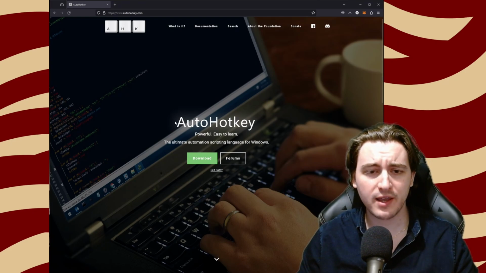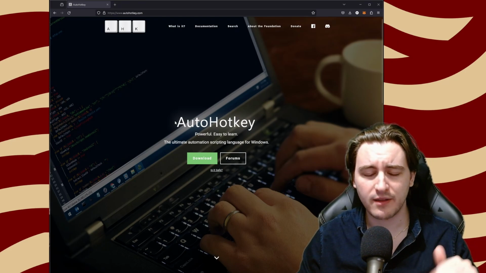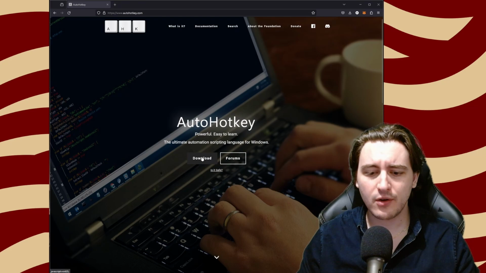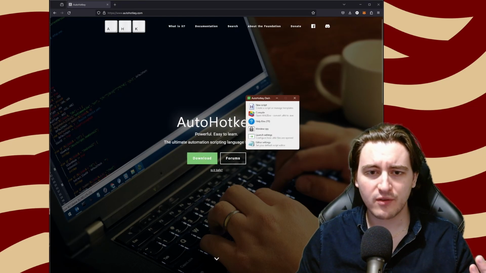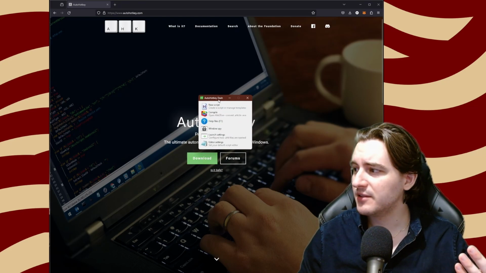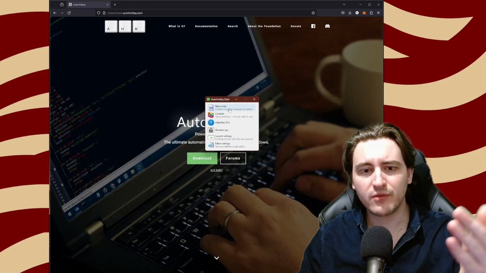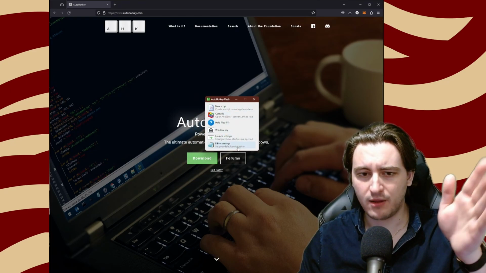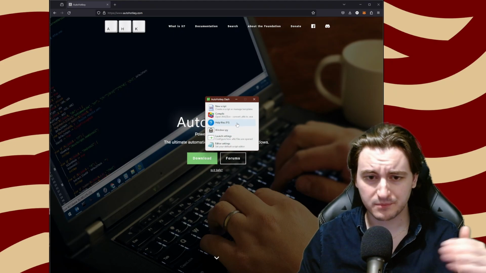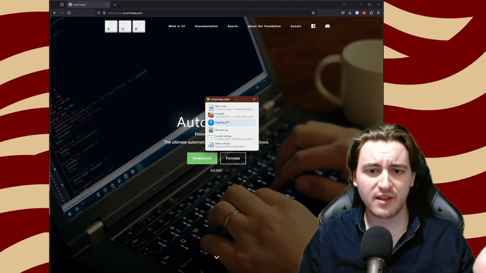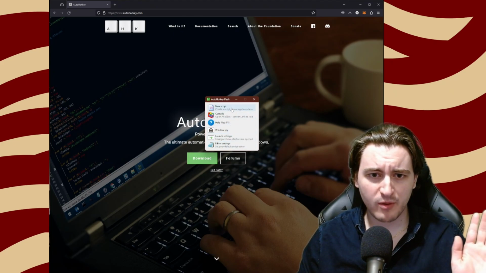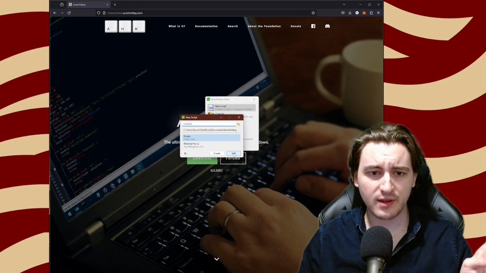So if you come here to AutoHotkey, which I'll post the link to down in the video description, you click download and install this. Once you have it running, you'll get this little teeny tiny window that looks like this. And you'll have an option for new script, compile, help files, Windows Spy, launch settings, and editor settings. Basically, none of these buttons really matter for us. All we really want right now is the new script button. And if you click that,